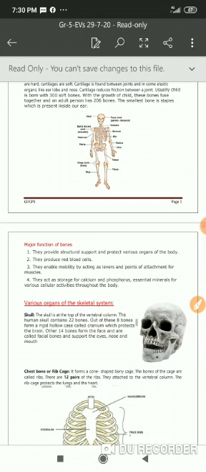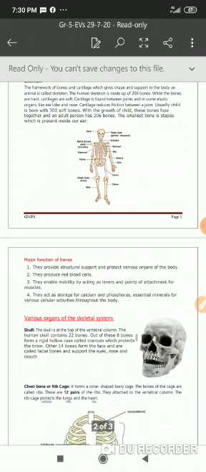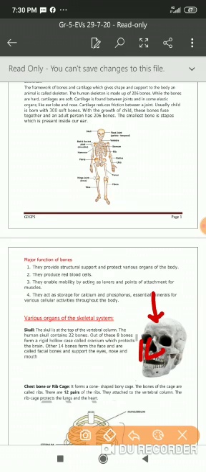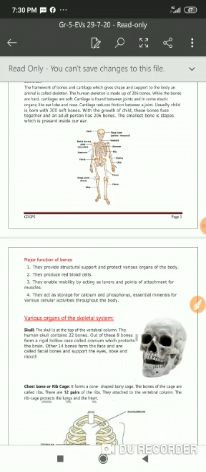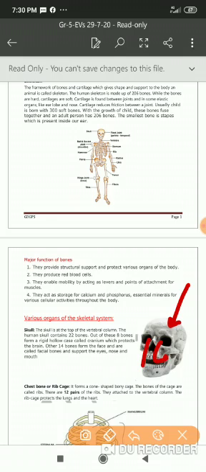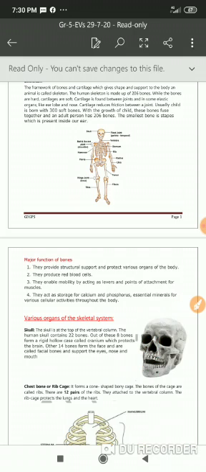So dear Goenkans, you must know now that the skull is a very hard structure. How many bones is it made up of? It is made up of 22 bones, out of which 14 are placed on our face, and the rest 8 are placed in the cranium, that is the back portion of the head. So the total number of bones is 22, out of which 14 are on the face and the rest are on the back portion of the head.